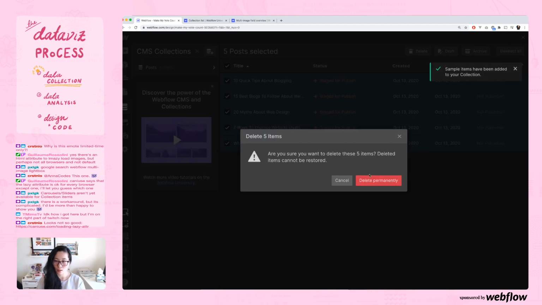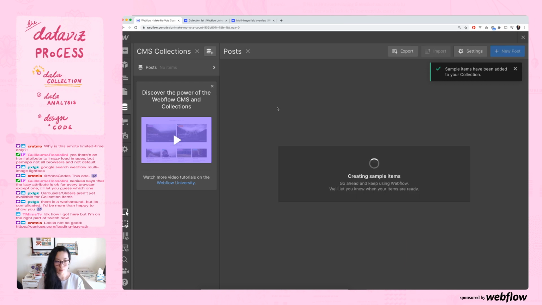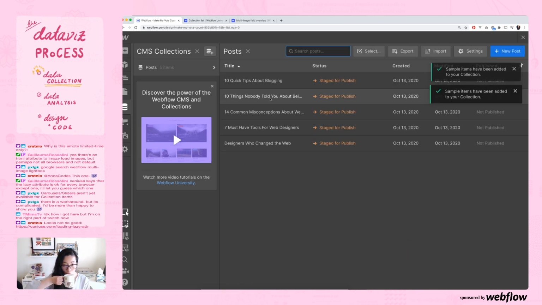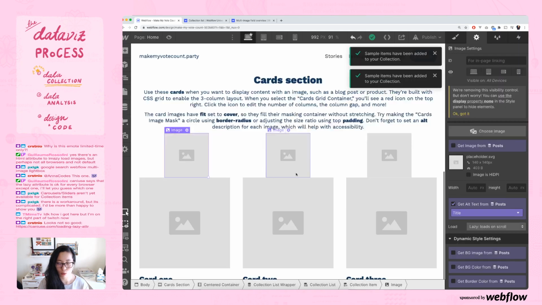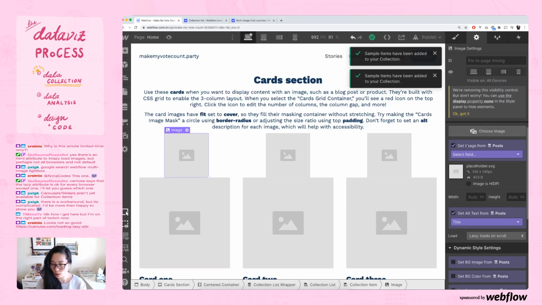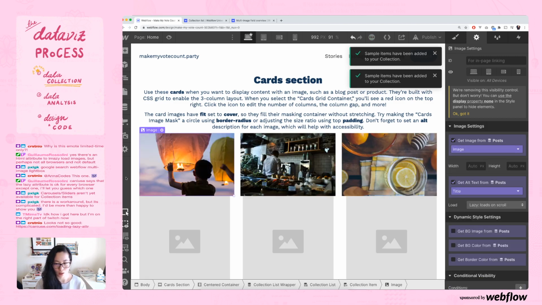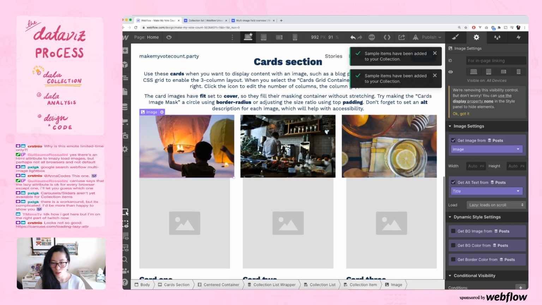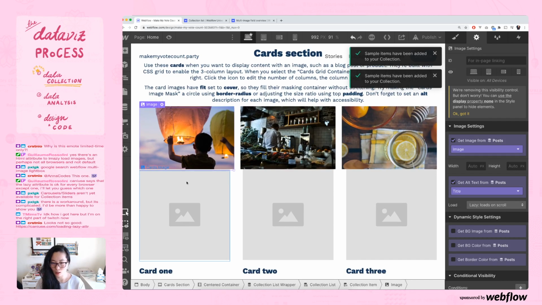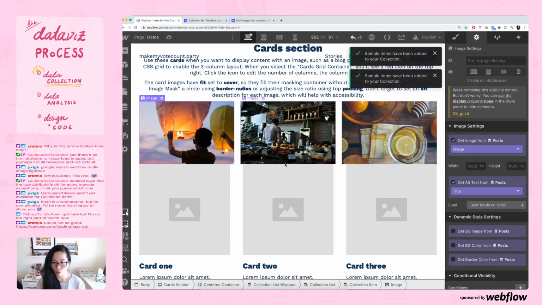and then add five-cent full items again. Now I should be able to go back to here, and then I should be able to add in get image from posts. Image, perfect. Awesome. Okay, and then should be able to do